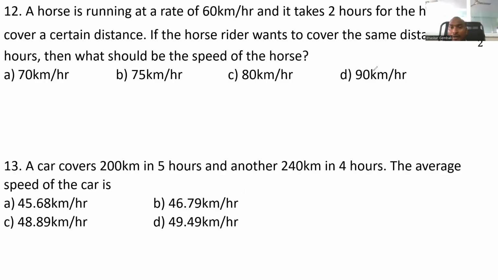We are discussing time and distance part 2. So let's go with the question. A horse is running at a rate of 60 km per hour and it takes 2 hours for the horse to cover a certain distance. If the horse rider wants to cover the same distance in 1.5 hours, then what should be the speed of the horse? So here, if he is going at 60 km per hour or something else, he needs to cover